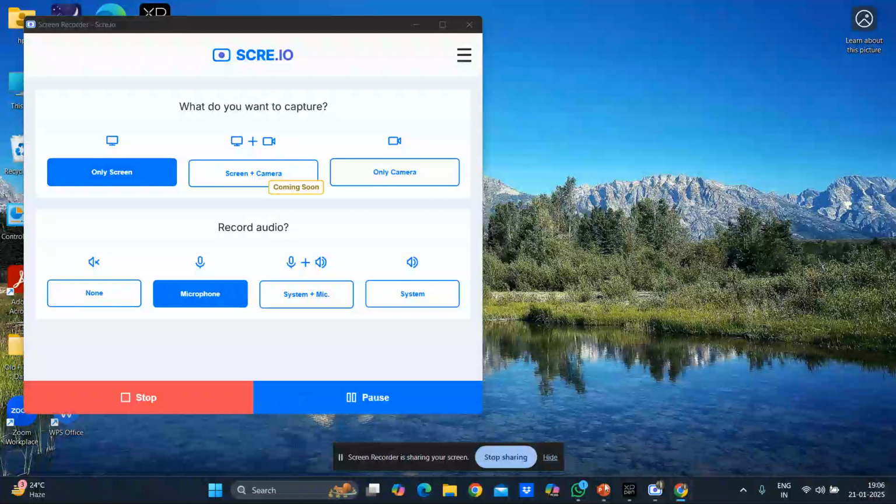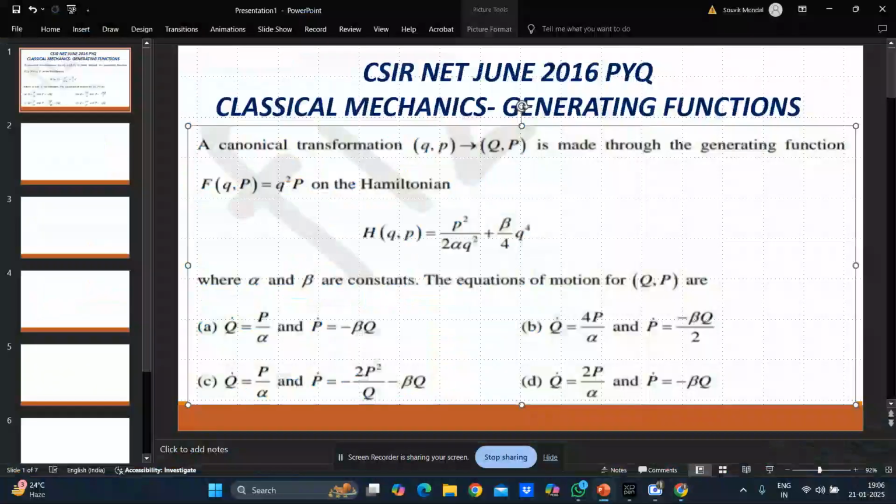Okay, so today I am going to discuss another CSIR NET PYQ. As you can see, it's a 2016 PYQ actually. I intentionally picked this problem because it's a classical mechanics generating function problem, and most of you know the Lagrangian and Hamiltonian formulations and small oscillation topics very well. But maybe there is a little lack in the preparation of generating functions, and